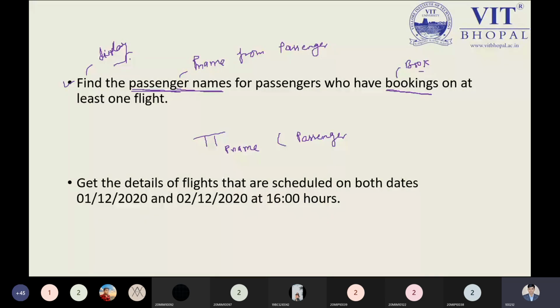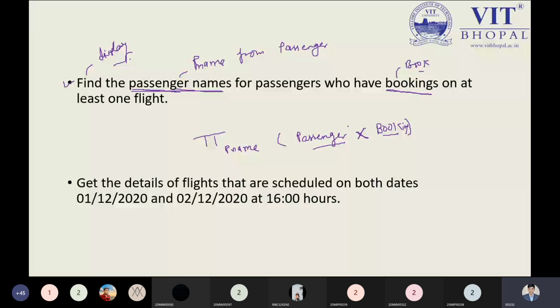So what you have to do is use the Cartesian product. So I'm using the Cartesian product. From booking and passenger, I will keep all the columns from the passenger along with all the columns from the booking. From that, I can have multiple copies, no issue. So I can display the passenger name. There may be duplicates, but I'm not talking about duplicates. If I'm saying at least one flight, then booking will be there.